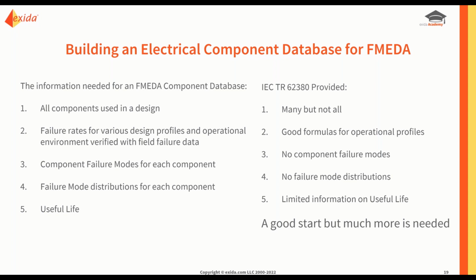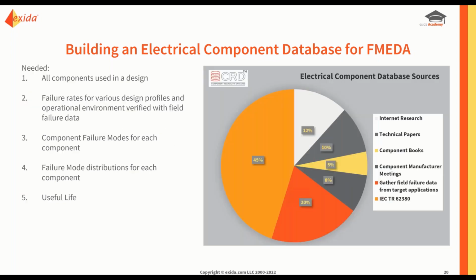Of all the databases that were studied by exida and myself, we found that IEC TR 62380 provided a lot of what we needed. It was a good start, but much more was needed. And so in general, we find that internet research, technical papers, component books, published books, component manufacturer meetings, gathering field failure data and studying it, and IEC TR 62380 were all required to generate all the information needed for